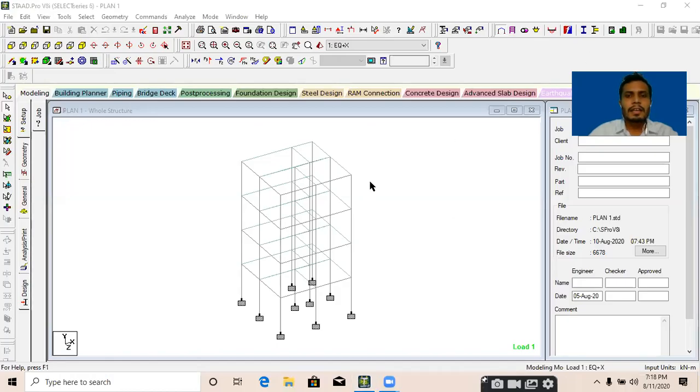Today we will discuss how we can design a structure. We will discuss the concrete design. Okay, we just created this model,